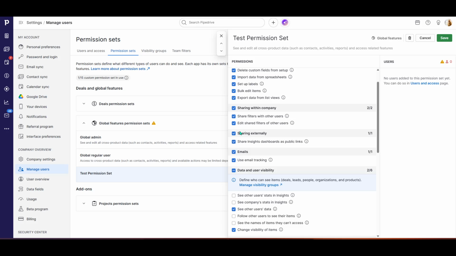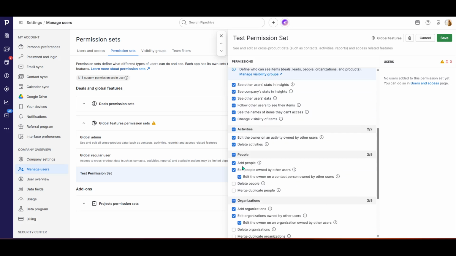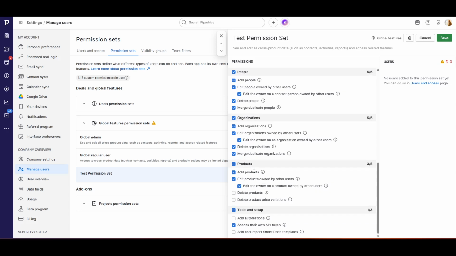That's it. You clicked your profile icon and opened Manage Users, went to the Permission Sets tab, edited or created the right set, customized the toggles that match your workflow, and added the appropriate users. With those changes in place, your account stays organized, your data is safer, and your team can work efficiently with the access they